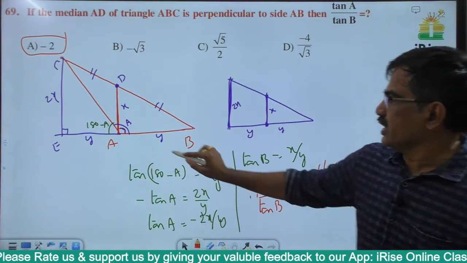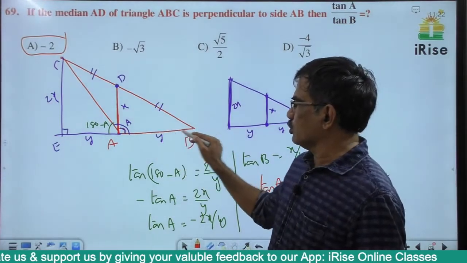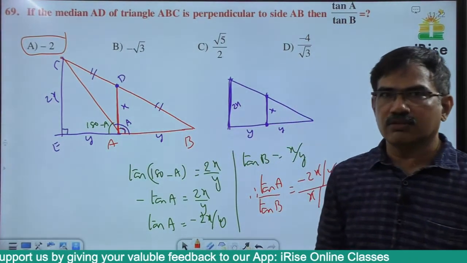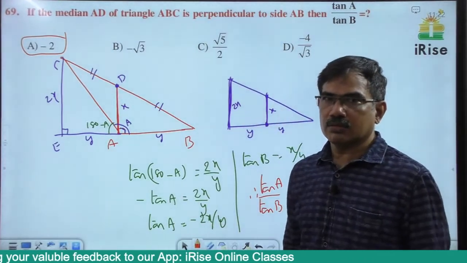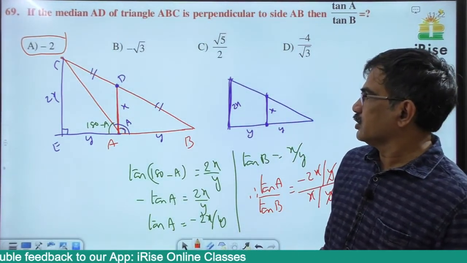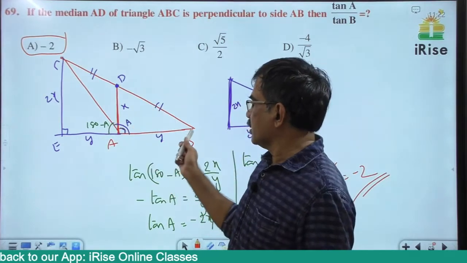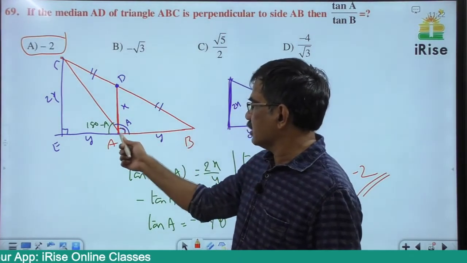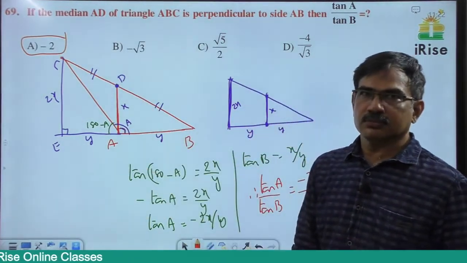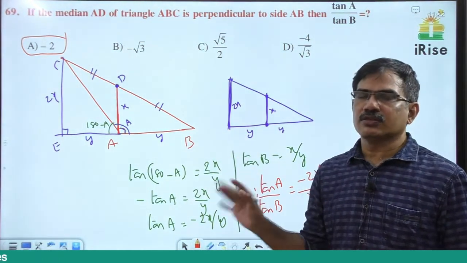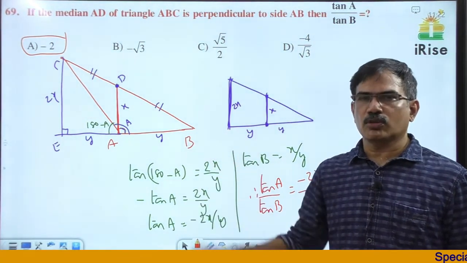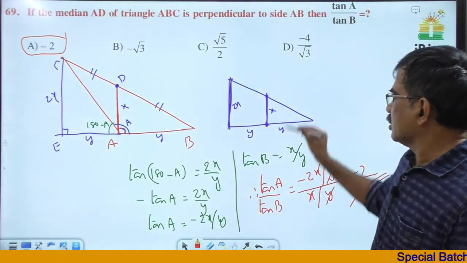Okay. So the median is perpendicular to the base is given, then it is nothing but an obtuse angle triangle. Okay. Base means not this, this is the base. And this is the median. Here, drawing the diagram is difficult. After knowing the diagram, the problem becomes very easy based on this concept.